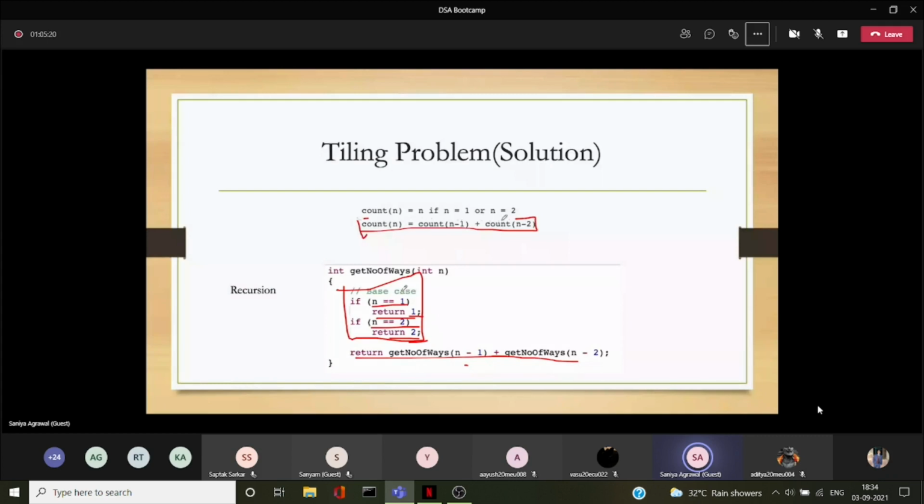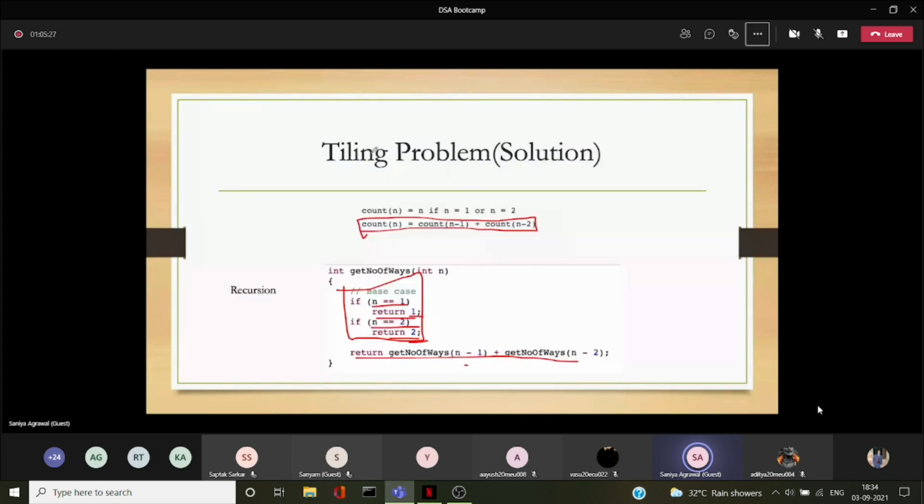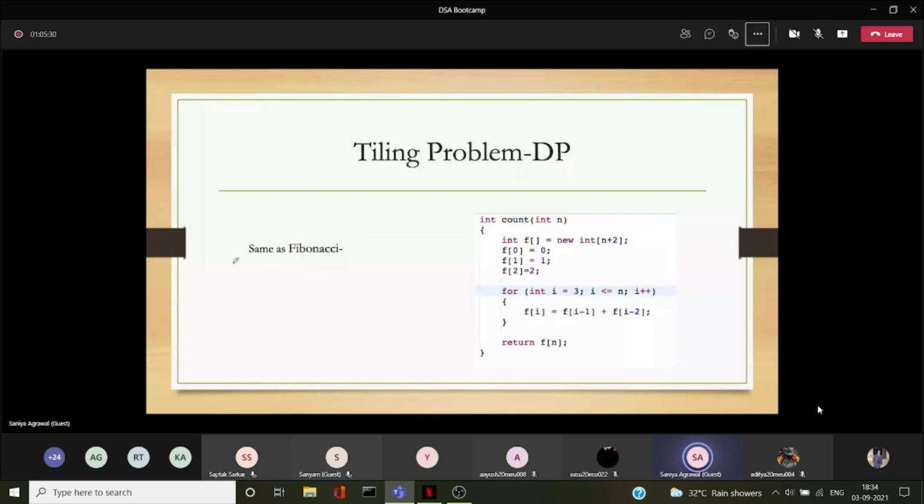So let's see how we can do it with the help of DP. It is just the same as the Fibonacci series, because the equation is also the same. We know f of 1 is 1 and f of 2 is 2, as discussed. Now for i from 3 to n, we add just the previous two terms. Here also our time complexity will be O of n, and similarly to what we did in the Fibonacci series, we can optimize the space just by using